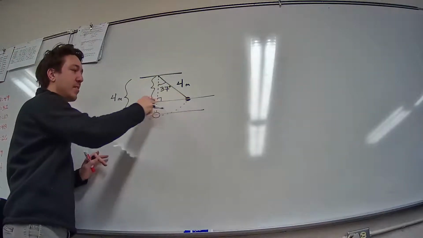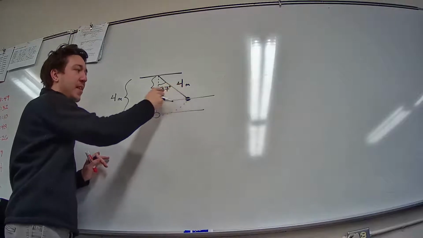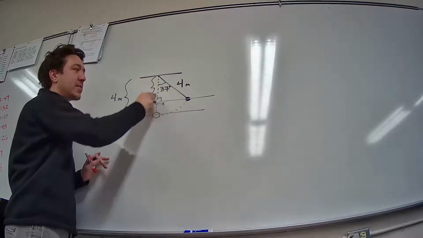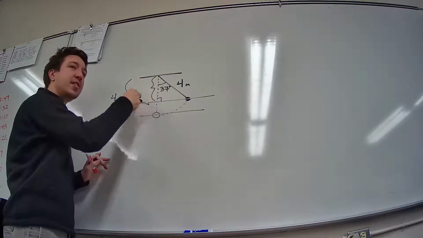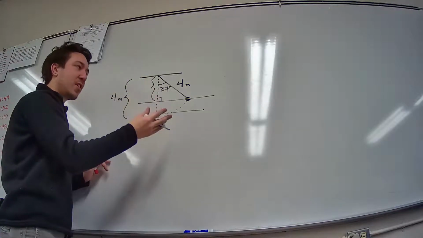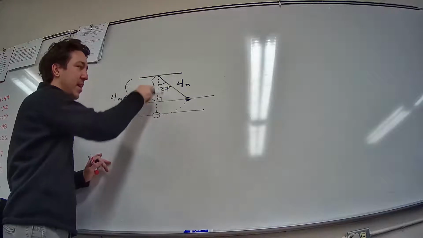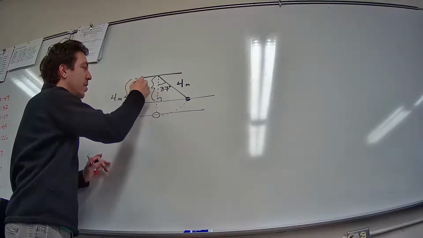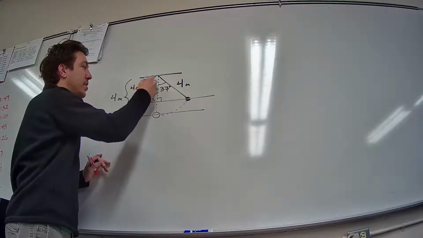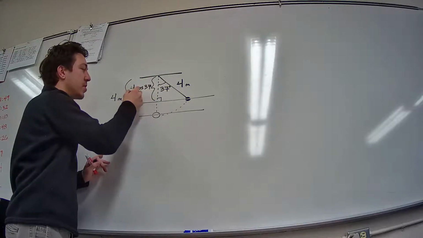There's a right triangle. They're giving you the hypotenuse and the angle. Would this be the adjacent side or the opposite side? It's the adjacent. Adjacent goes with cosine. So this side length here is going to be 4 times the cosine of 37, which is,